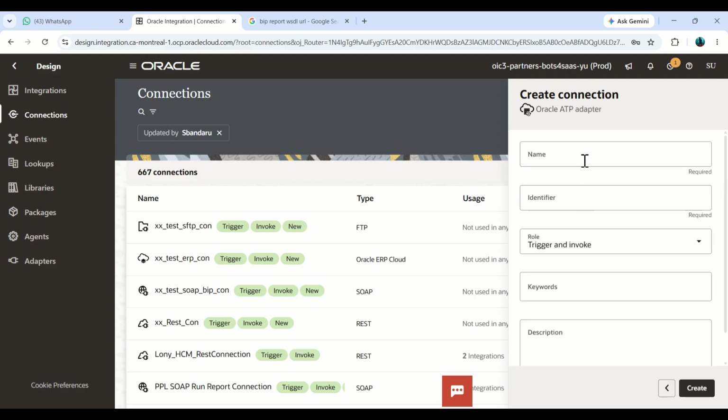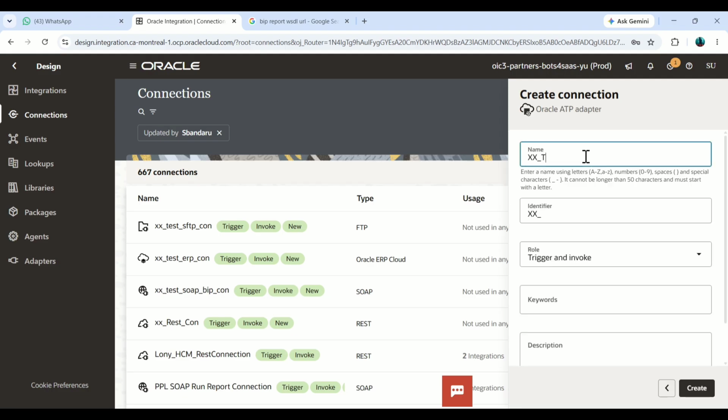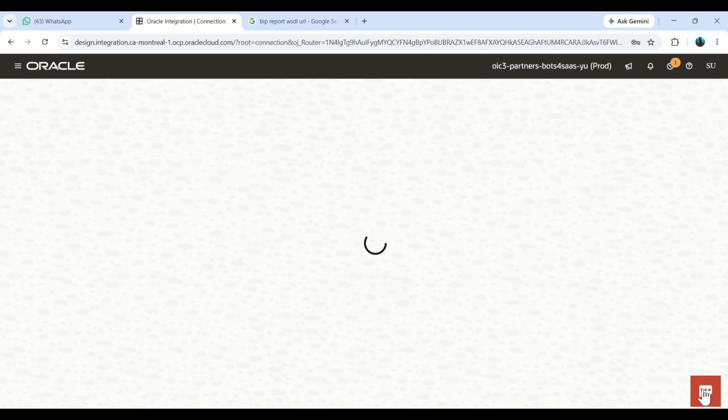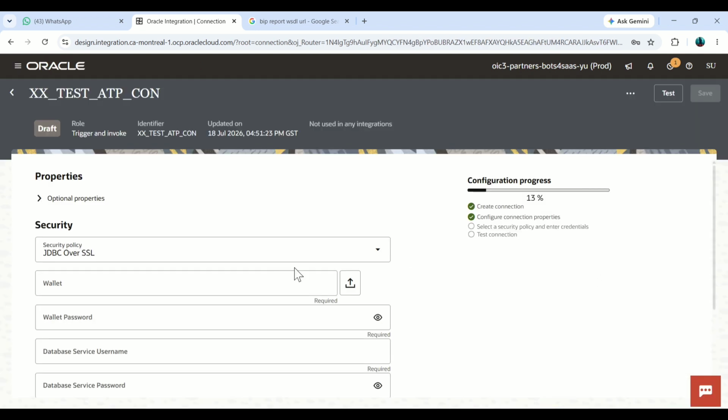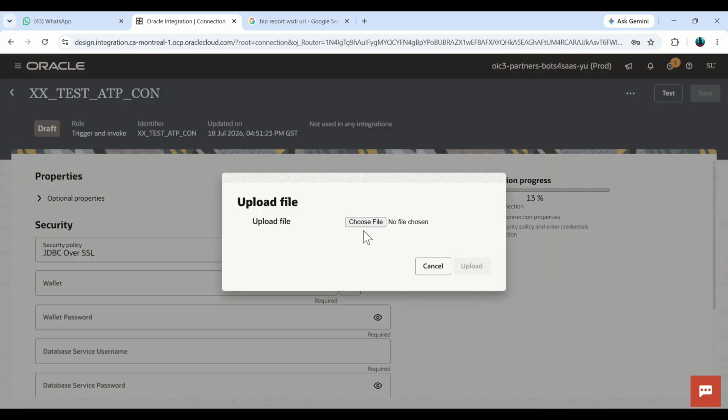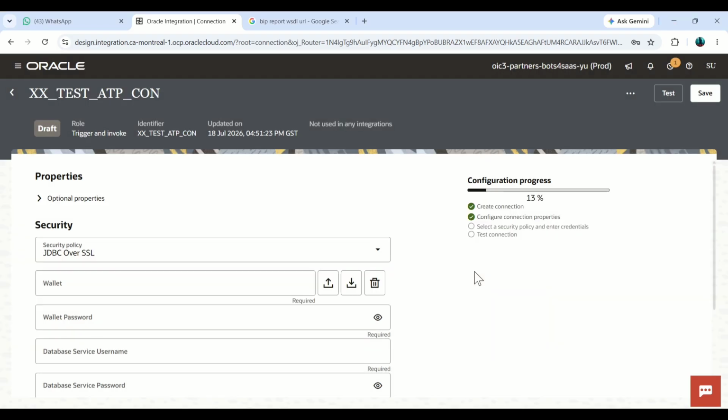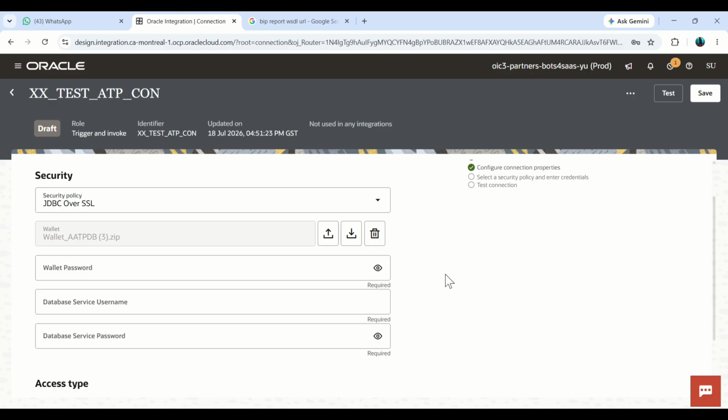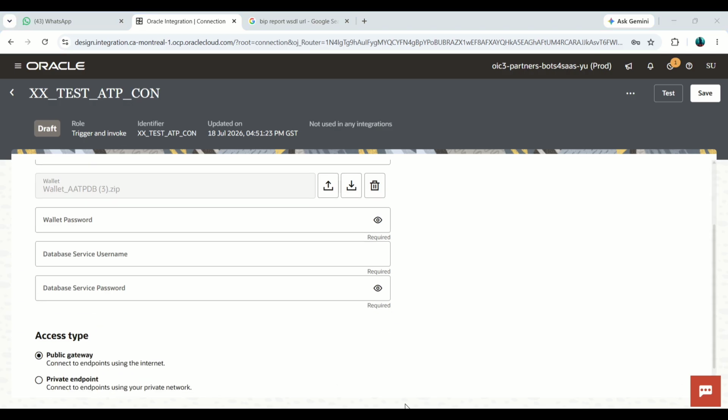This is the ATP adapter, and give a proper meaningful name. For creating this ATP connection successfully you need a wallet and proper credentials. As of now I don't have accurate credentials. That is the reason I cannot create a successful connection here, but whatever is required I will show you here. Upload just the wallet file. Same, you have to ask your organization or client. This is the ATP wallet file, which is a zip file, and then give the wallet password, database service username and database service password, and also the service name in